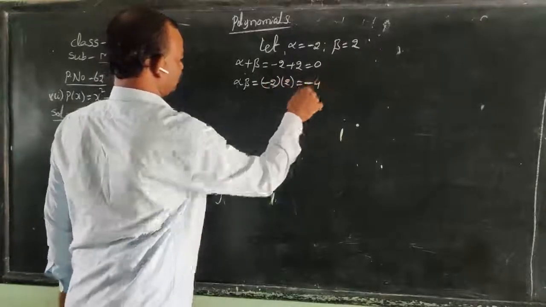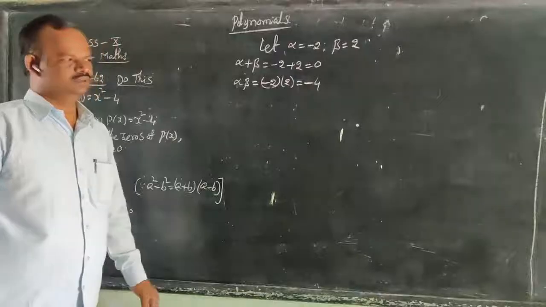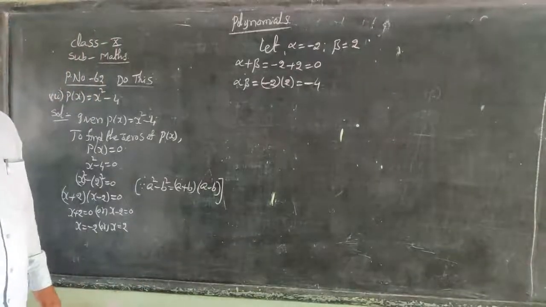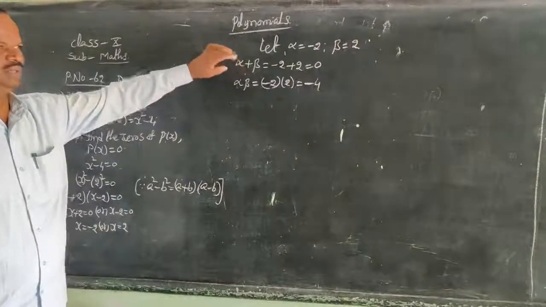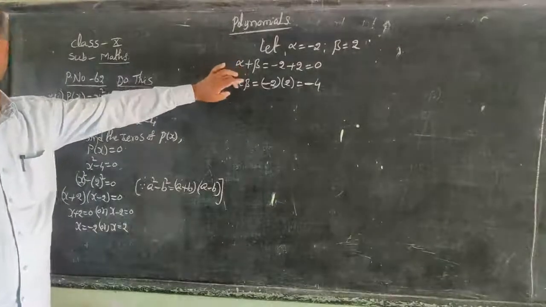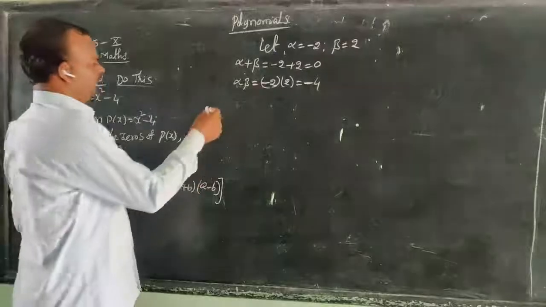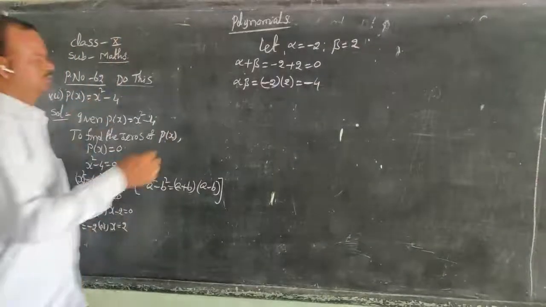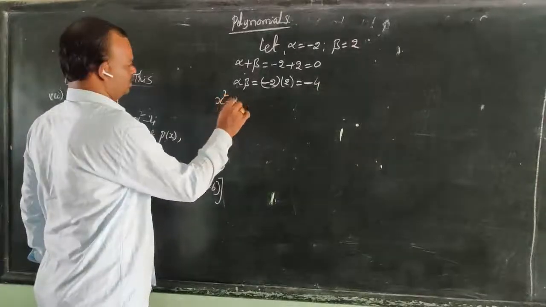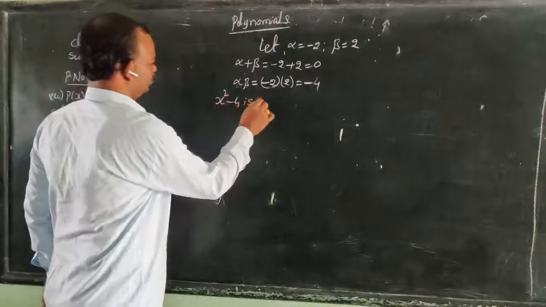Minus 2 2s are 4. Minus 2 into 2 is equal to minus 4. This is alpha plus beta, and this is alpha into beta, the sum of zeros and the product of the zeros. Here, the given polynomial x square minus 4 is compared with